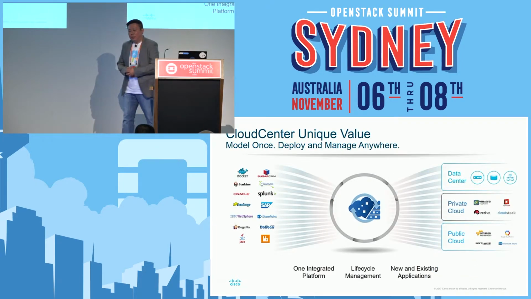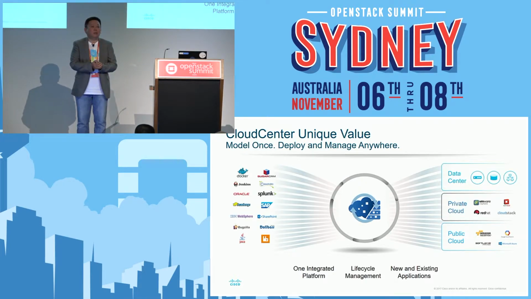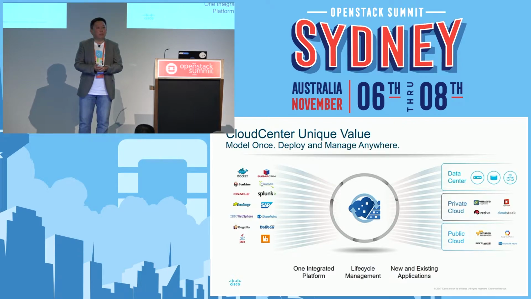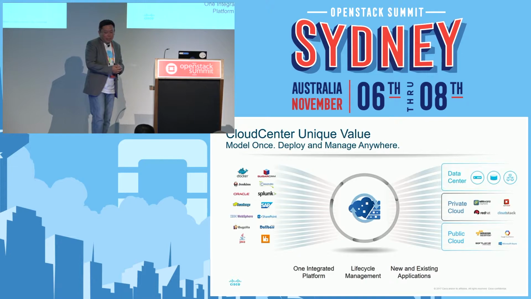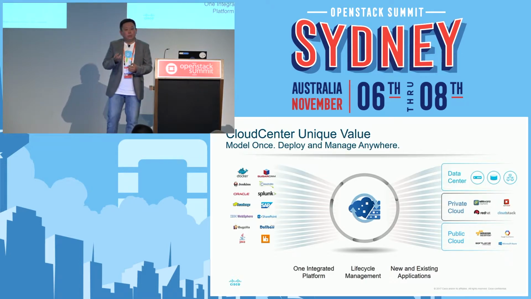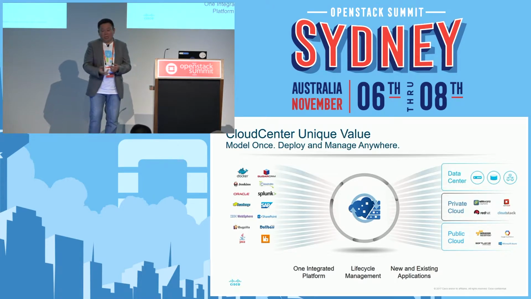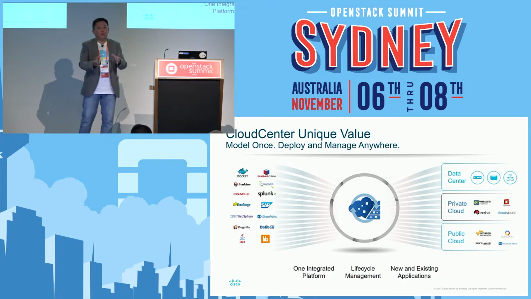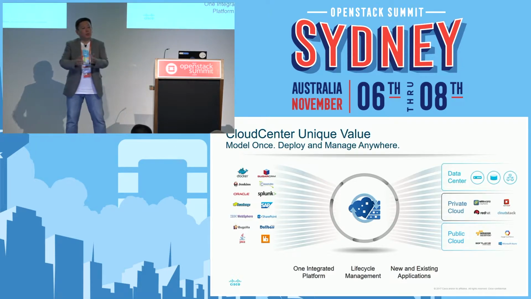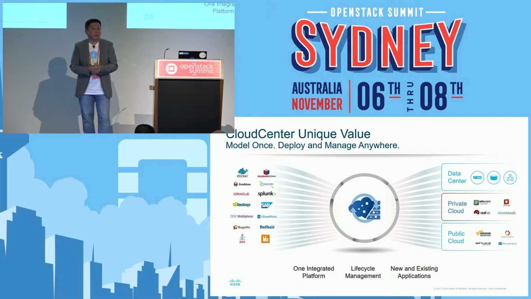So Cisco's looked at the situation and asked why you can't model once and deploy to any cloud. Why is it so tough to actually do that? What Cisco has done is provide the capability to model your application once, whether it's WordPress or MongoDB, depending on what 2-tier or 3-tier stack, and take infrastructure provisioning as well and provision it out. It doesn't matter which cloud. CloudCenter supports up to 19 plus different clouds.